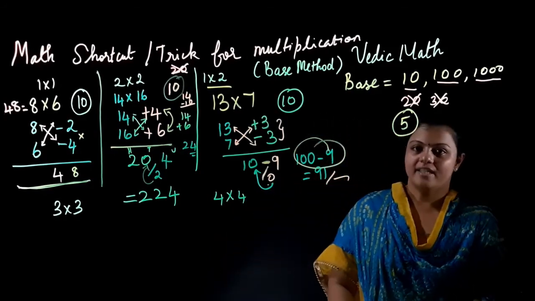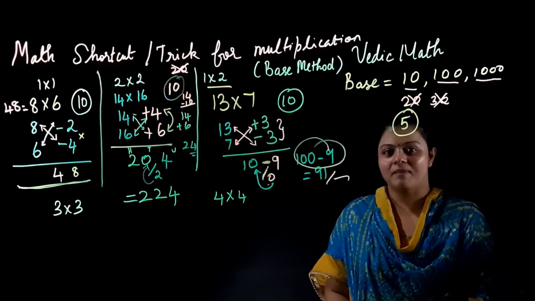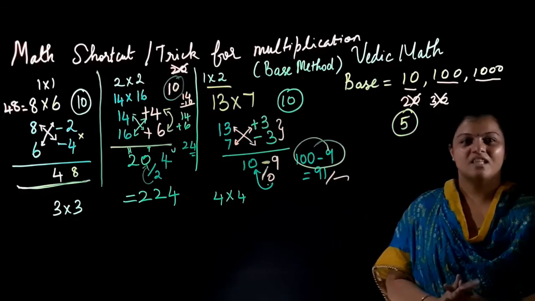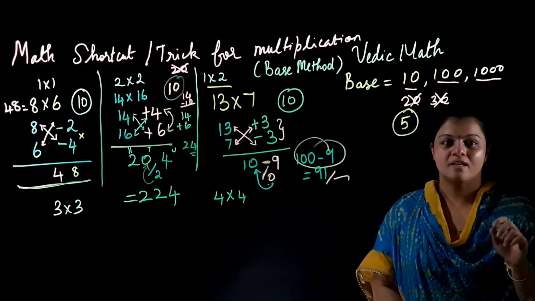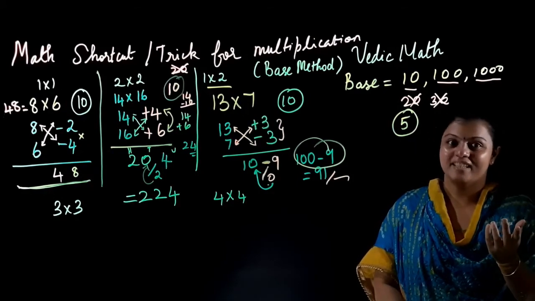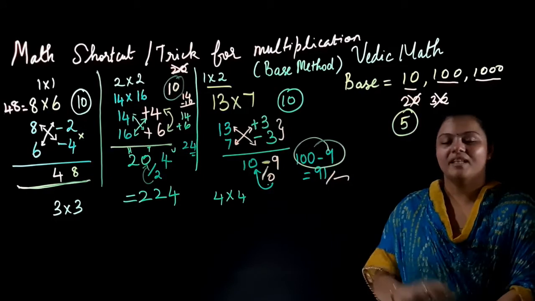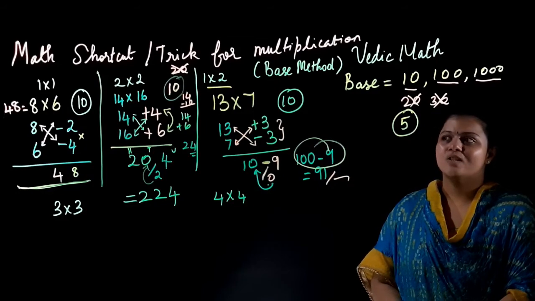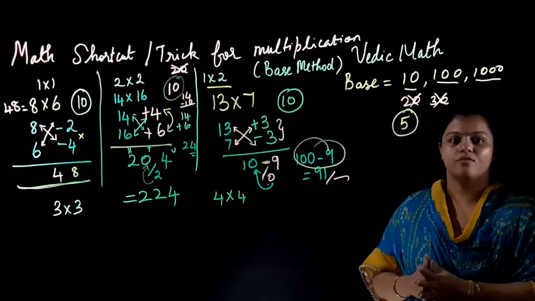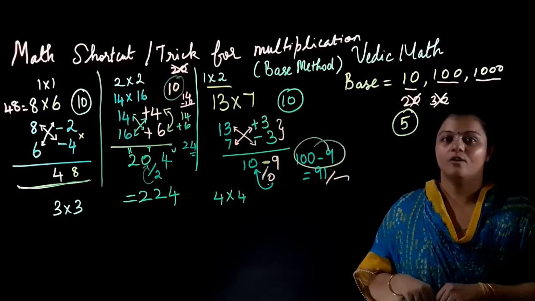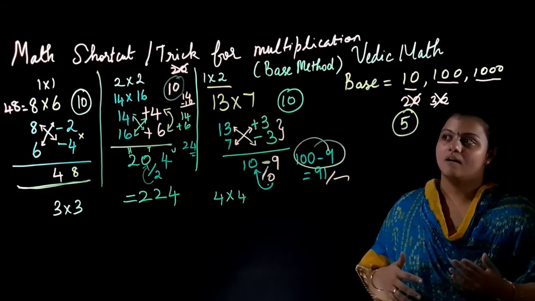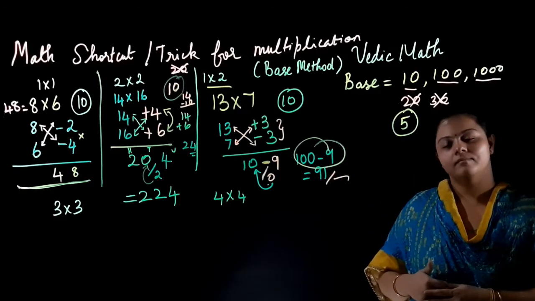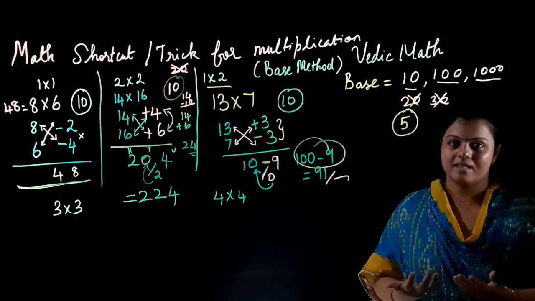So I hope you enjoyed this video where a new type of multiplication, which is a little different from the normal, conventional method. The conventional way involves a lot of steps, a lot of carrying forward, forgetting that, and getting wrong answers. In this method, there is no possibility of a wrong answer, provided that you understand the method. So just take a look at the method, and if you have doubts, you can ping us in the comments below, so that we can go on with another session where we can try to solve some more examples using the same method, and we would understand math from its very essence.